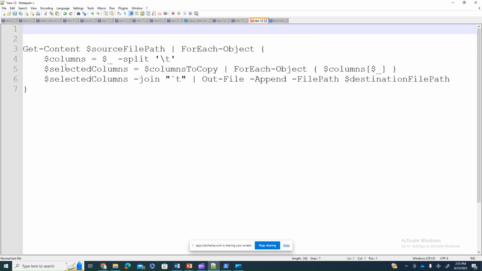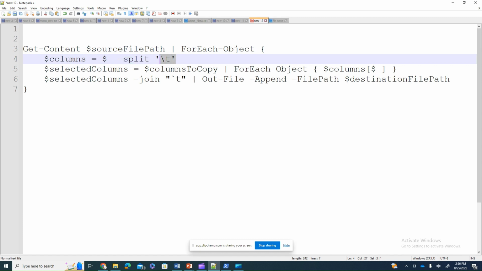The only command you have to put is the get content command here, and then the source file path which you have already given. Then for each object, what you have to do is select the columns, and get the variable and split it by